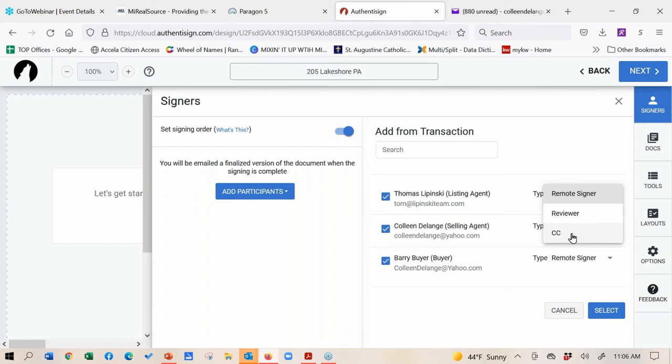The last confuses people because it says CC, but it's not like CC on an email. On an email, if you CC someone, they get exactly what the other parties are seeing. This is a little bit different. This is really set up for title companies or lenders or people that you want to get a fully executed document. So what I mean by that is if all the people that I have said are supposed to sign this document,